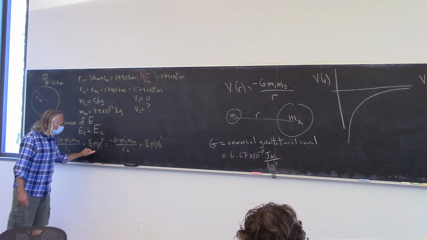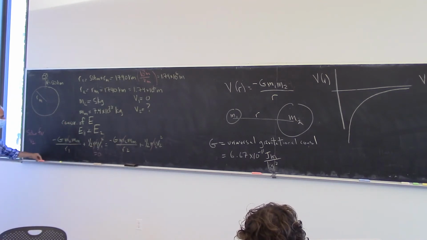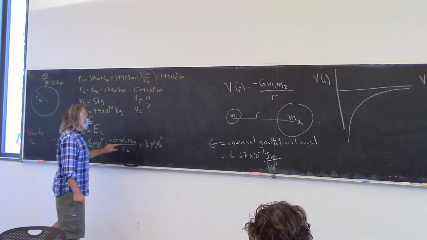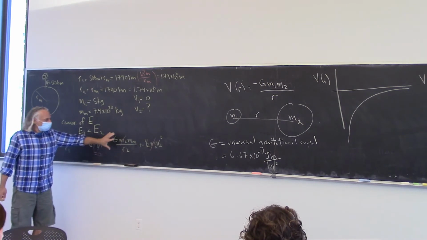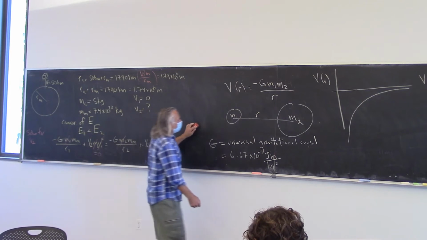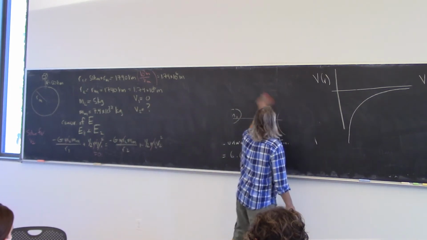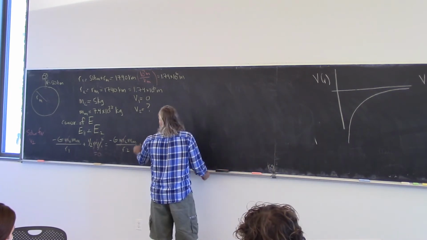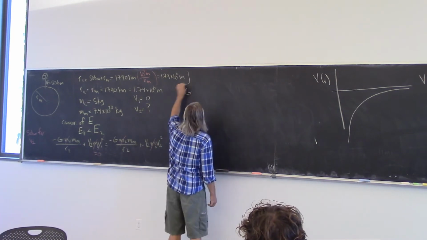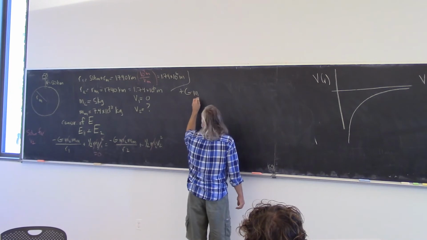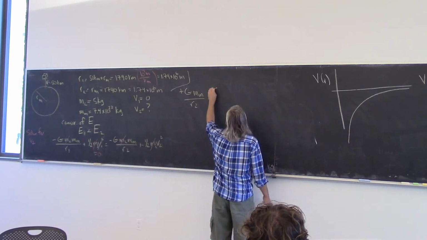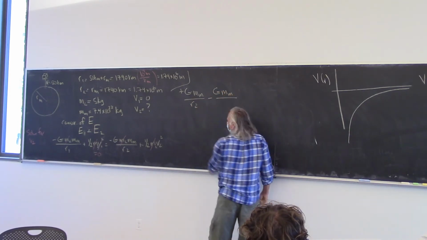So a little bit of algebra. I want to get V2 by itself. So the first thing I'm going to do is move this term over to the left by adding it to both sides. So adding this to both sides, I'm going to get plus G moon over R2 minus G moon